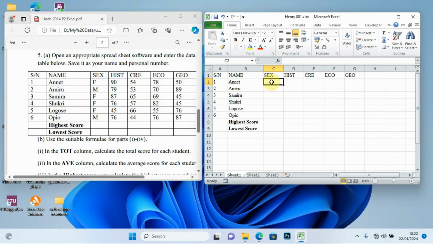Then we come and put in the gender. Of course, we have F, we have M, we have F, F, F. Then finally, we have M. Then we put in the different marks. We have 90, we have 79, we have 87, we have 76, we have 45, we have 76. We come to CRE, we have 54, we have 53, we have 65, we have 57, we have 66,